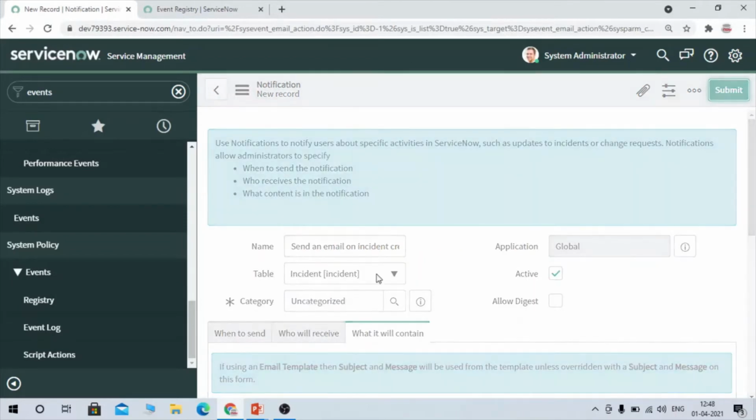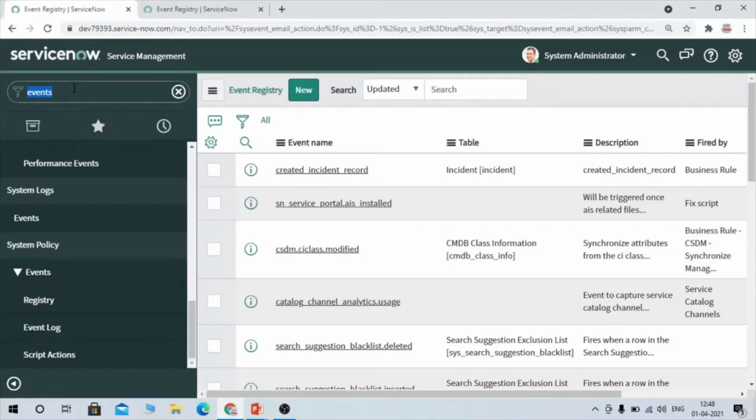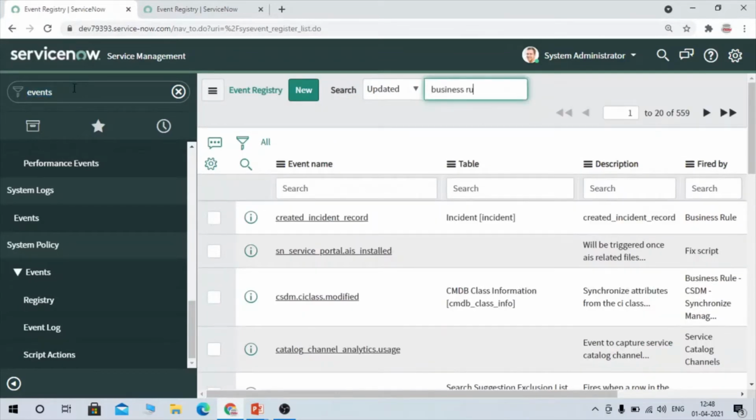We are good with the notification, and now we are going to create a business rule to trigger this notification.